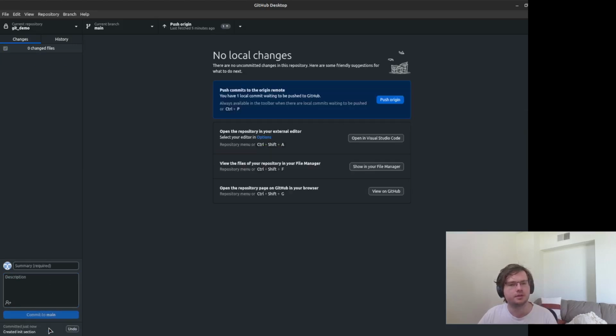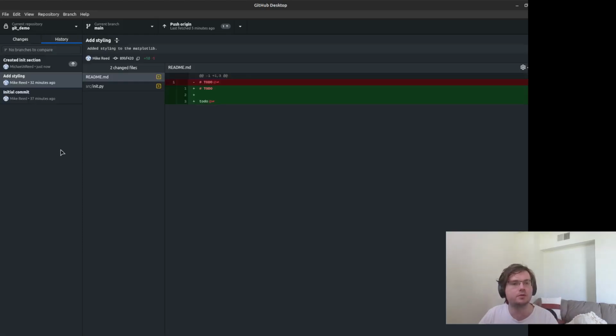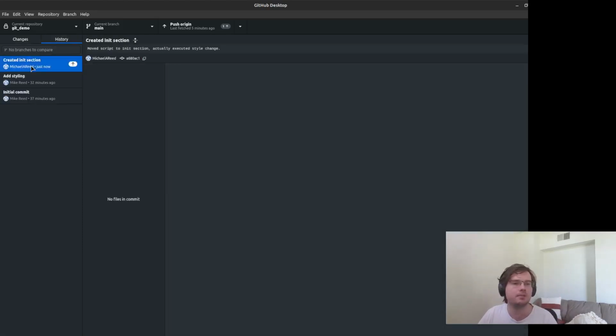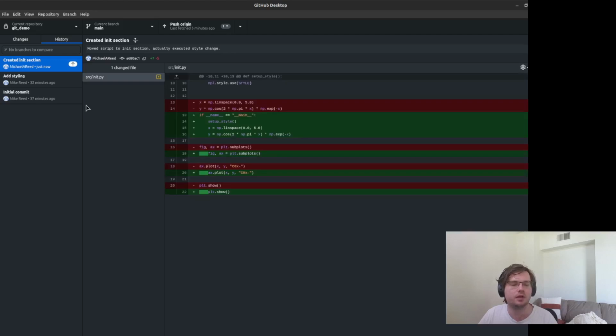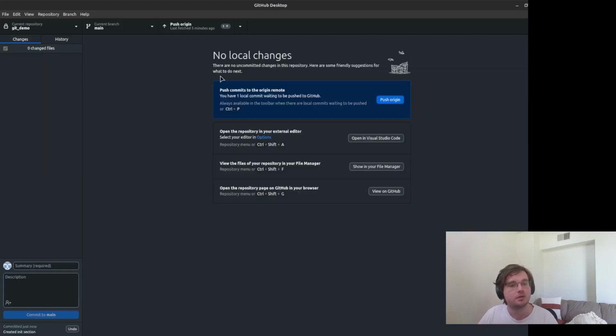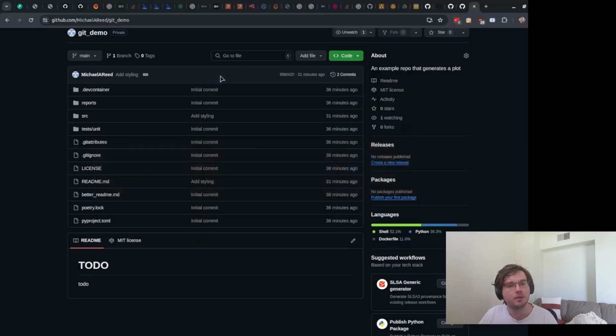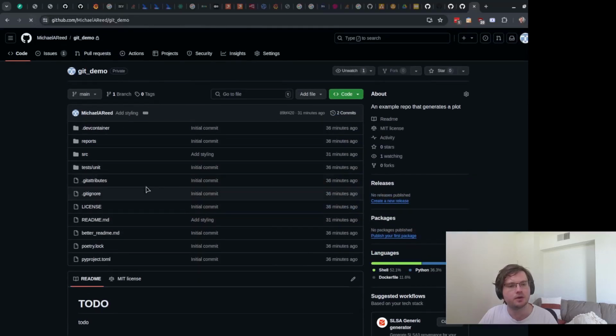So now an important thing to note at this point is that I have saved that state to my local machine. So my computer now has those 3 different versions of the code. And I can open up any of these 3 different versions of the code at any time. But the GitHub website does not yet know about those changes. So if I go back here and I refresh, you'll see there's still only 2 commits.